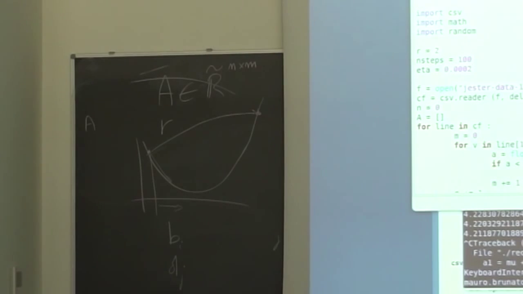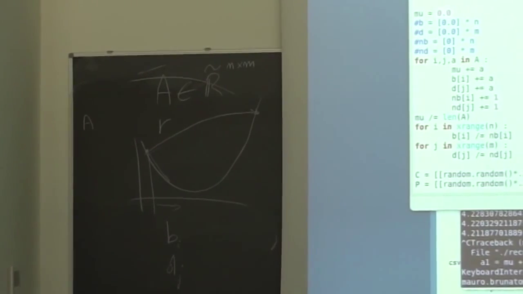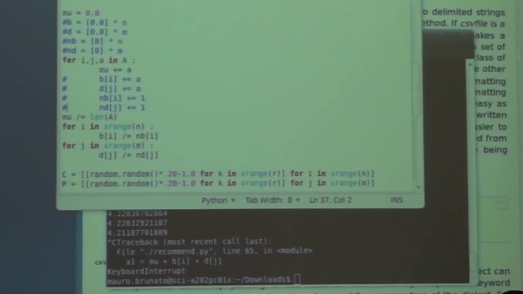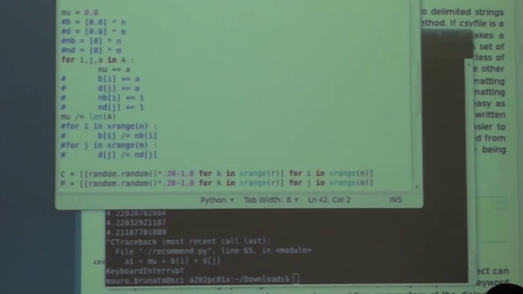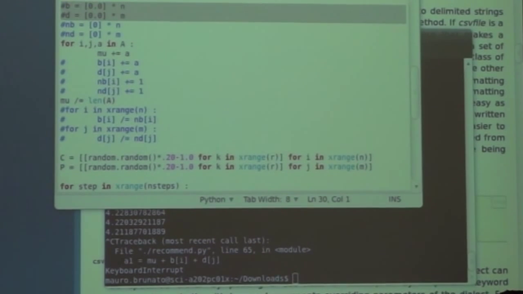In this case, it means that I don't want to pre-compute them. So let's remove B and D from here. The only thing that I am going to compute now is the overall arithmetic mean mu, but not the vectors, the bias vectors. Instead, I will start here with